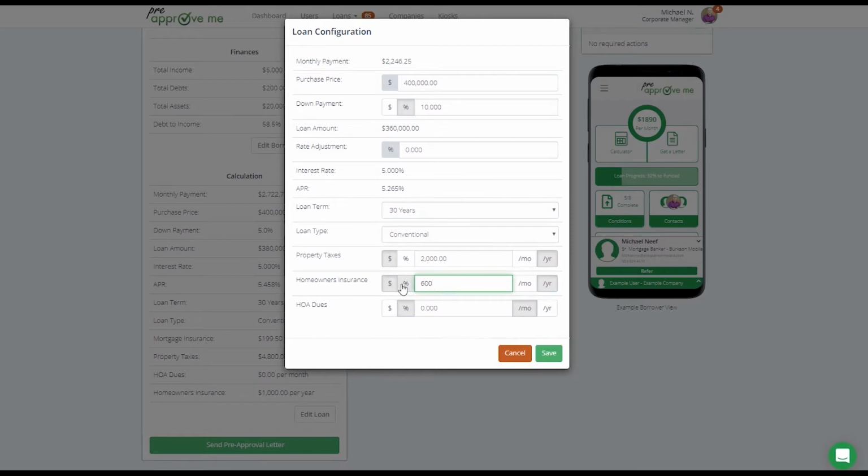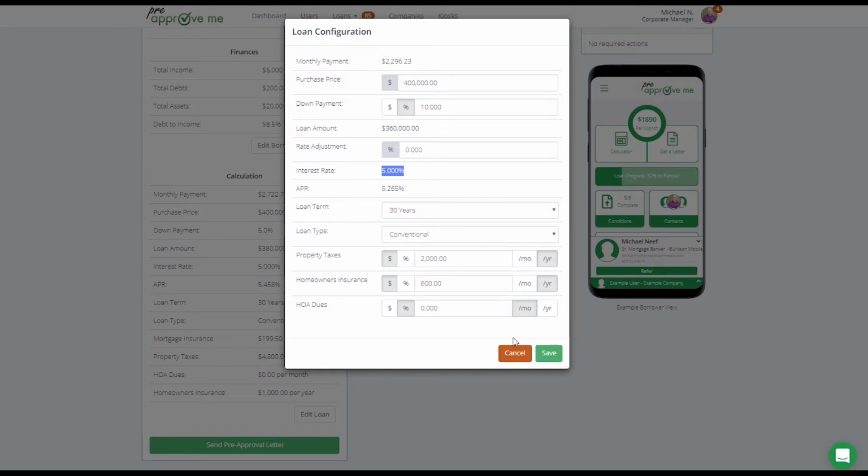You can see these toggles allow you the option to create sort of an automated system where your clients change the price and the taxes adjust or the insurance adjusts by just determining is it a percentage per year, per month, etc. In addition to that, what you'll notice here, guys, is the rate is sort of fixed. You can't change it. That's because we're using the rate sheet that's on the front of PAM to determine this